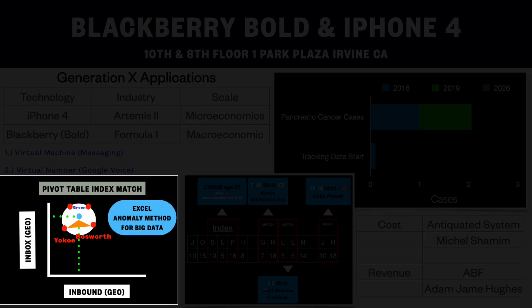Pivot table index match can match two pivot tables with 1,000,000 rows. That's 2,000,000 rows with the current data, which can hold 1,000,000 rows per sheet. That's 3,000,000 rows of data that can be analyzed very quickly by